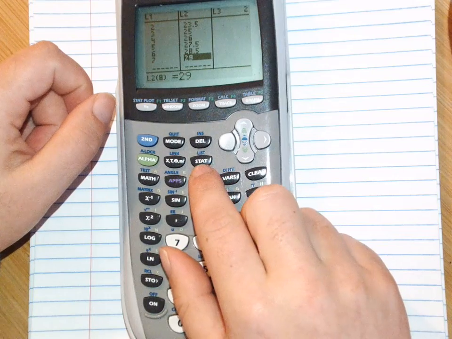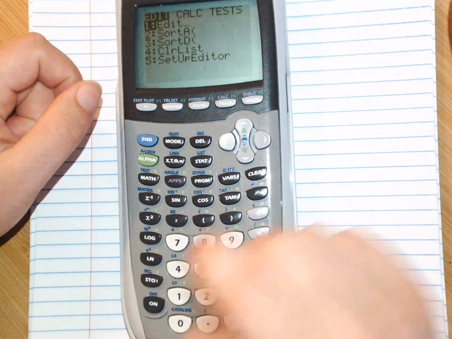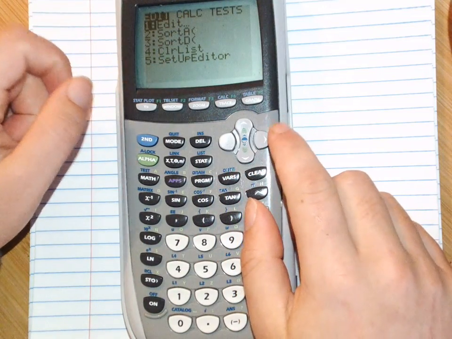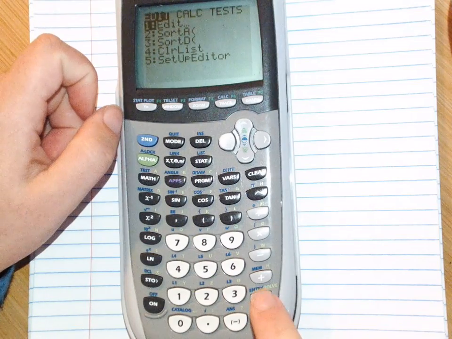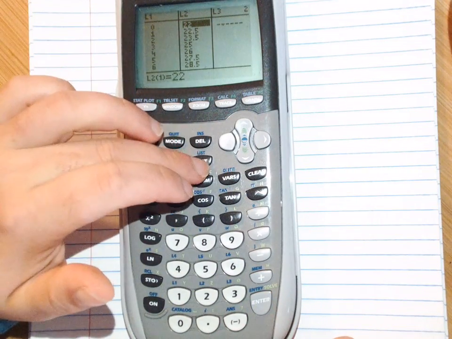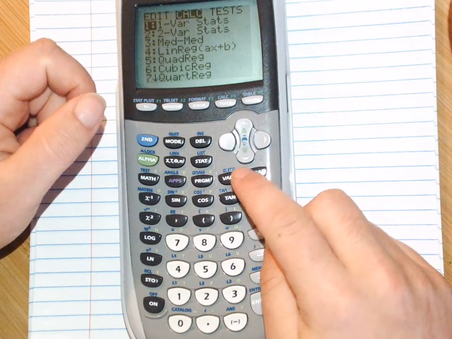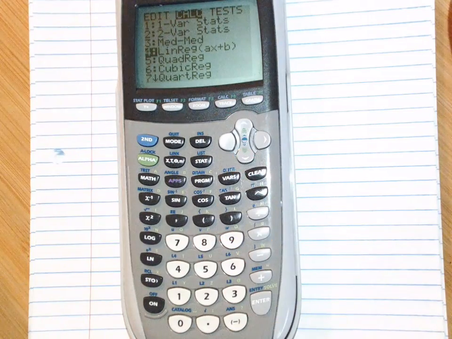Now, what I'm going to do is I'm going to press stat. And when I press stat, it'll bring me up to this screen. And if you notice, you see how it says the edit is highlighted? If I hit enter, I could edit my list. But I don't want to edit my list. I like the way it is. So I'm going to press stat, and I'm going to scroll over to calc. And when you scroll down, you're going to see this,